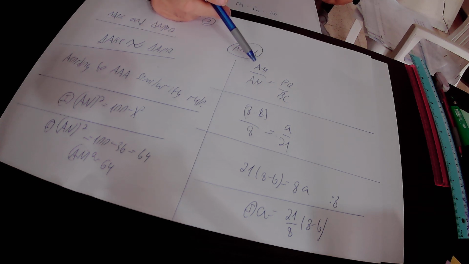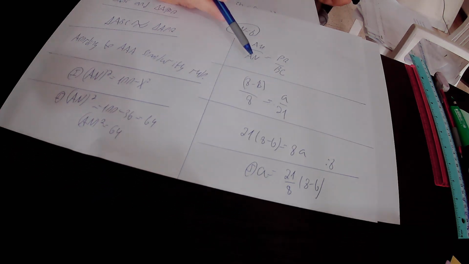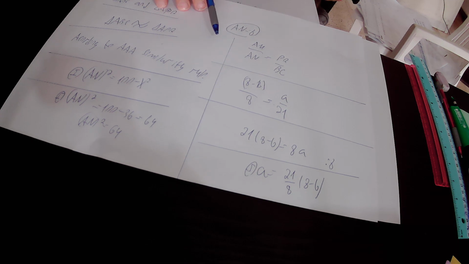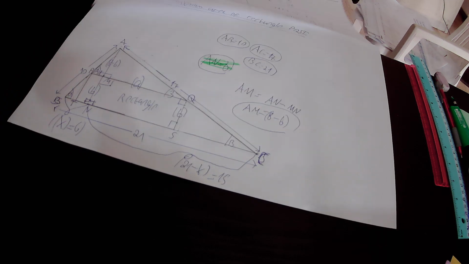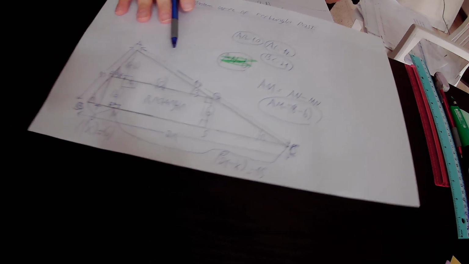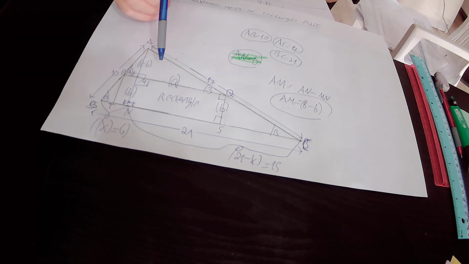AM is 8 minus B. Yeah, but before that, actually, we defined the width of this rectangle PQST as B and the length PQ as A. Okay, so here we have inside this small quadrilateral